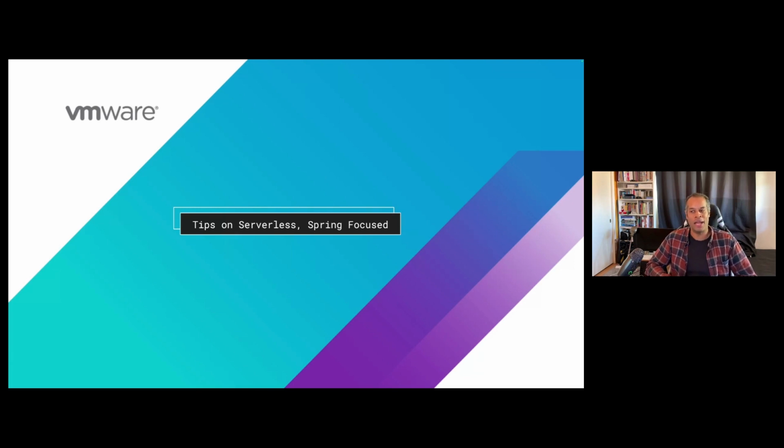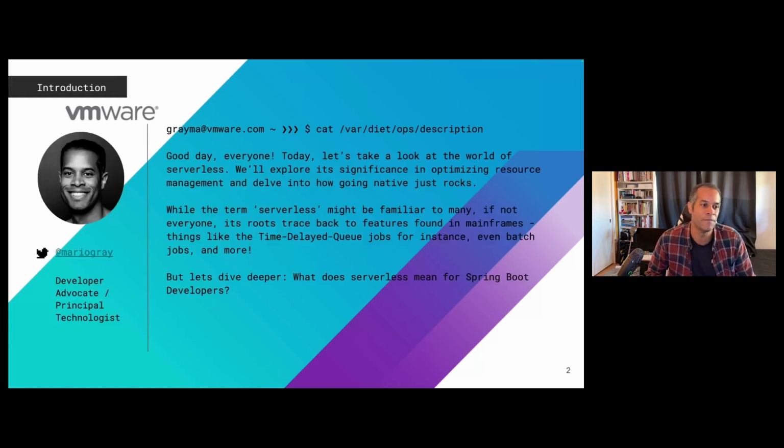But what I want to look at is what the landscape will look like if I were to decompose everything and turn it into serverless, or if it's even needed, and to understand why one embarks on a serverless voyage, especially with serverless being what it is, more servers. Do I need it? And I really hope to support your understanding of where it's going to fit within your context, within your organization. So this is Tips on Serverless, and it's Spring focused.